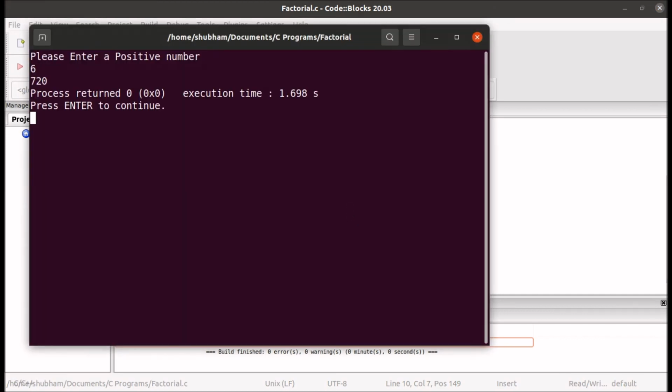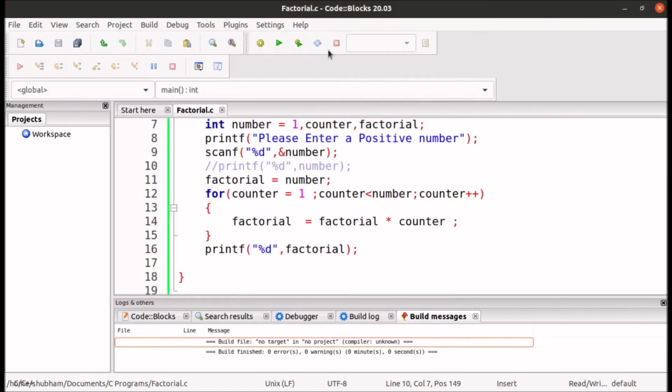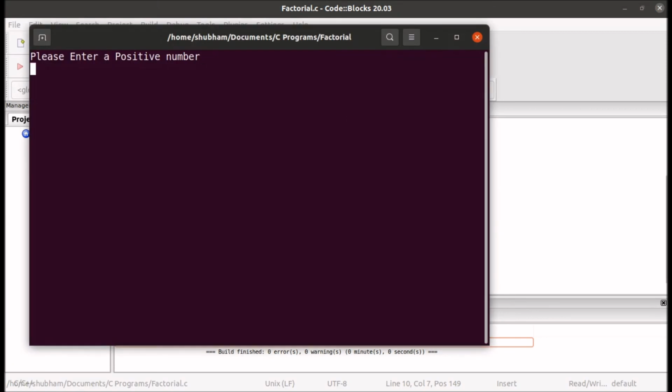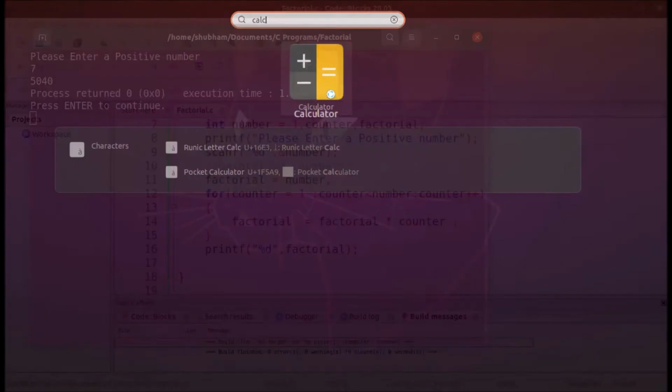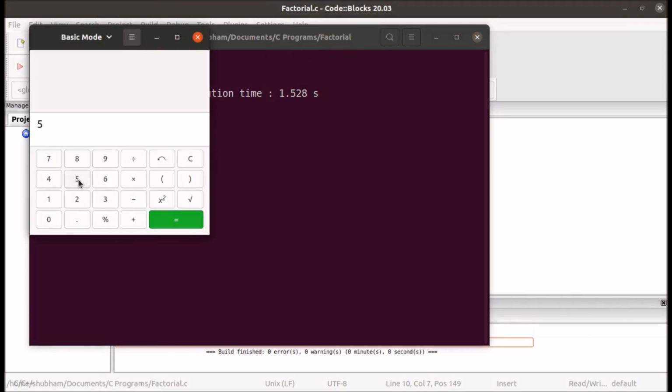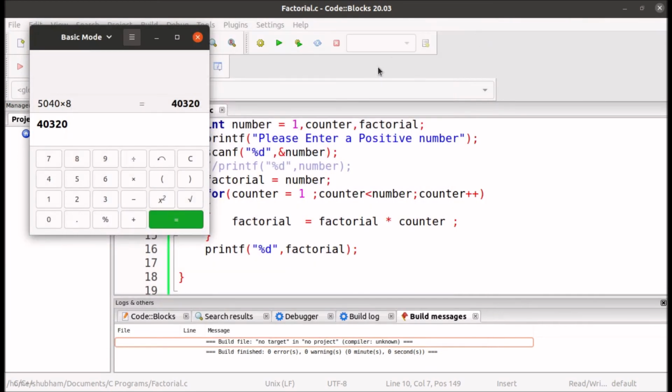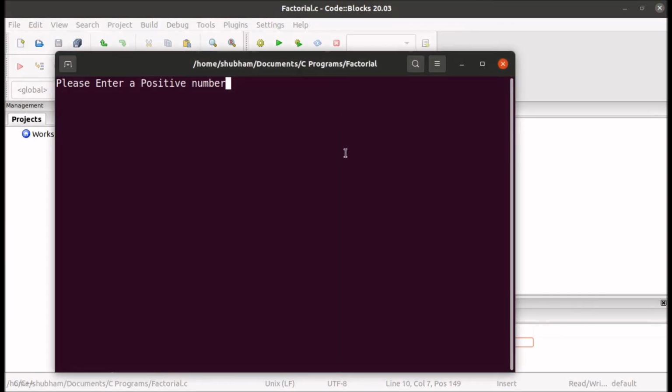Factorial of 6 is 720, then factorial of 7 is 5040, and then 5040 multiplied by 8, which is 40320. Let's run it for factorial of 8. Factorial of 8, which is 40320.